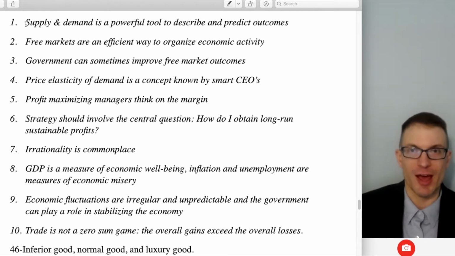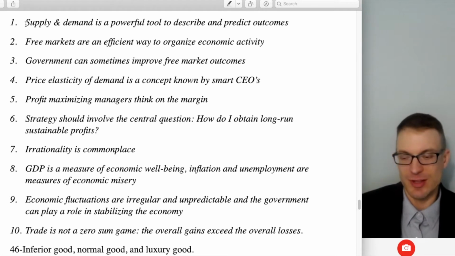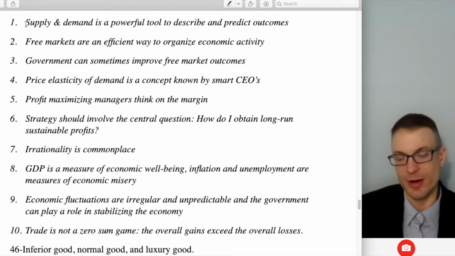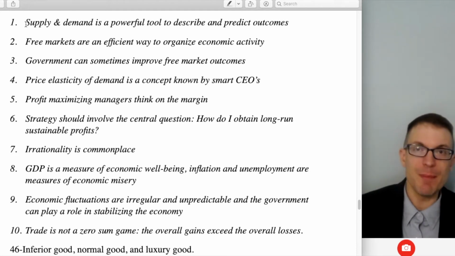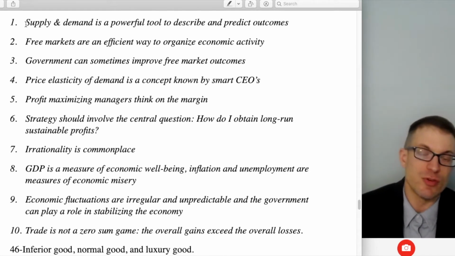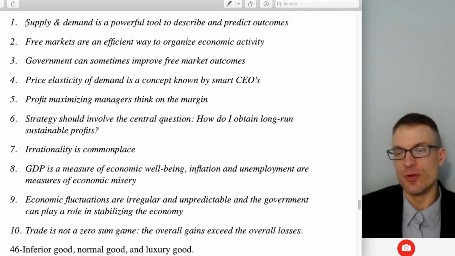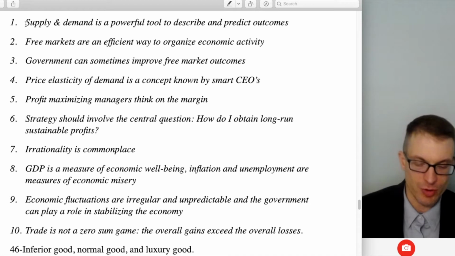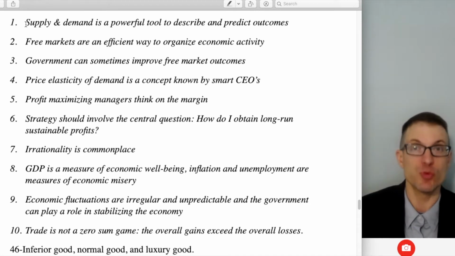We have prices rising. We maybe have a higher quantity that's traded, or not. If we want to determine what's going on in this market, we'd want to observe: what happened to the market price? What happened to the market quantity? If we observe the market price rising and the market quantity rising, at least in the short run, we could conclude that demand has increased, at least at a rate faster than supply would have either increased or decreased, right? So getting an increase in price and an increase in equilibrium quantity happens when demand increases.